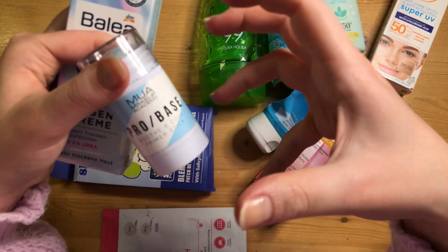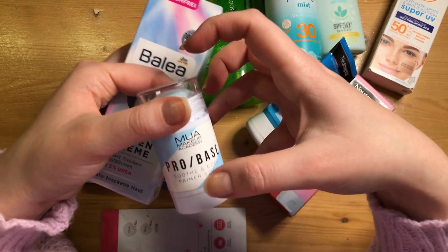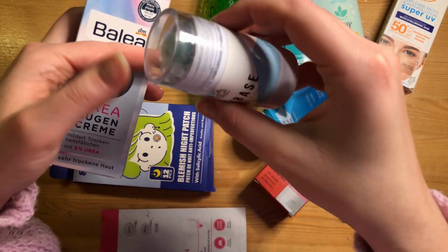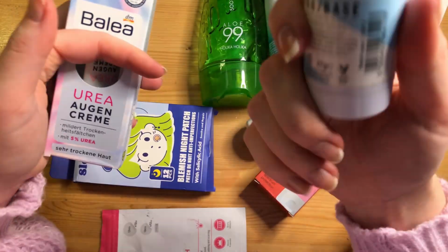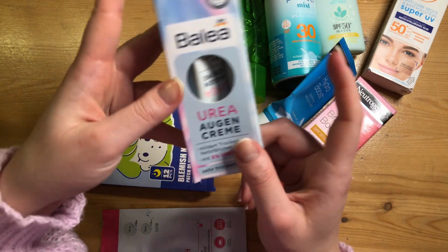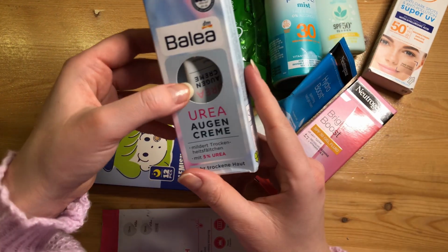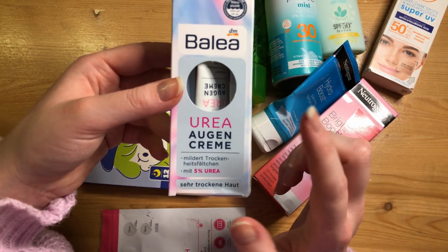really crusty and just solid nowadays, so I can't use it up. But when I first got it, it was quite nice. It's a nice kind of cooling thing that you can use under your eyes. And my favorite for this year, just because it's the only other one, is the Balea